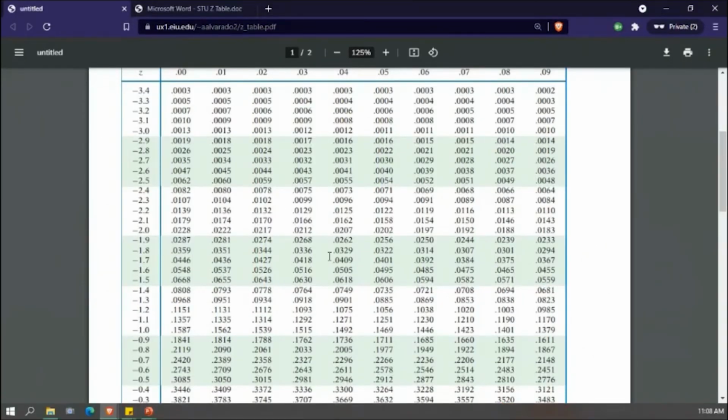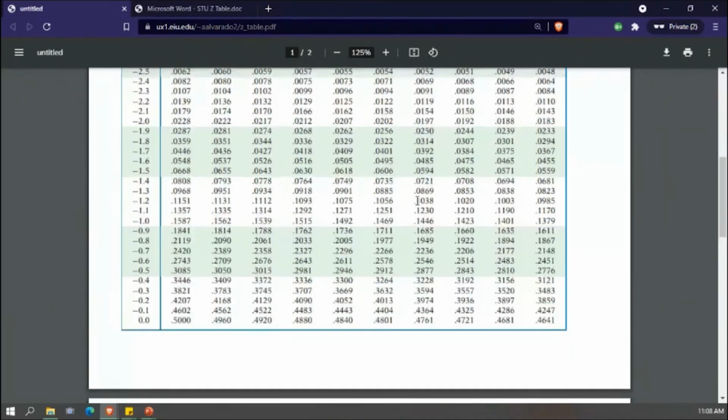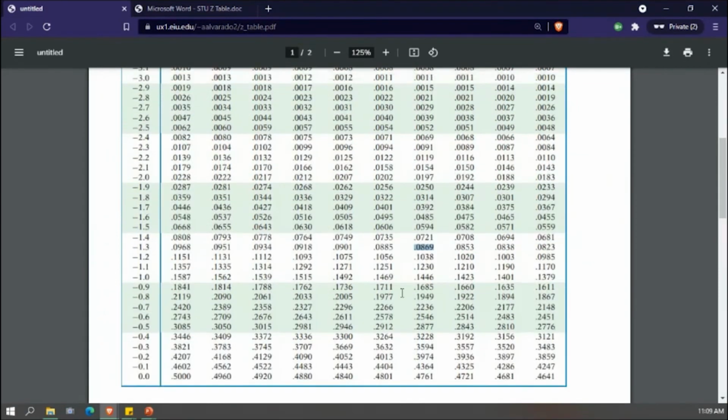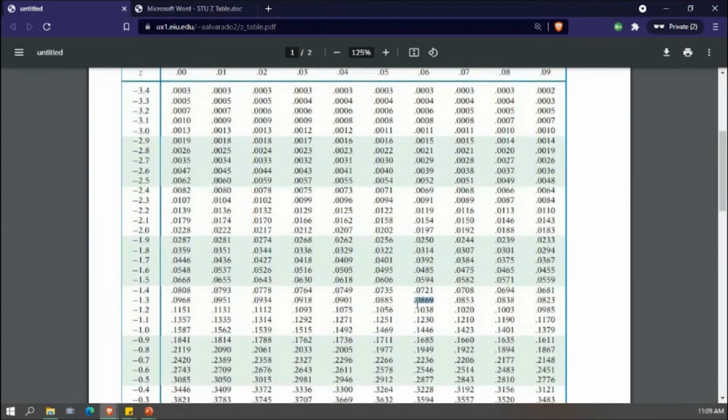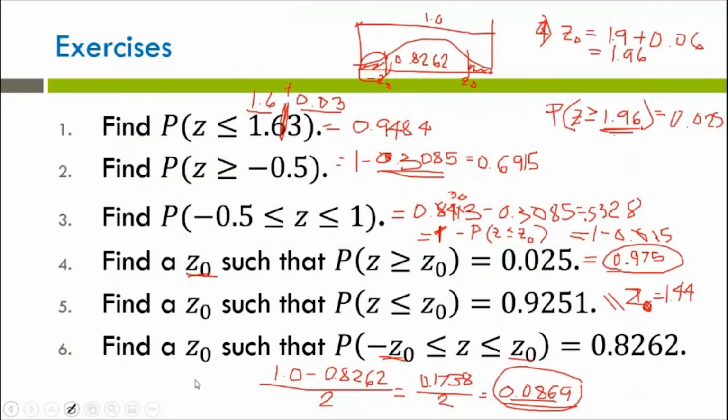Where can we find it? Okay, I'm looking at the wrong area. So 869.8, yeah. Okay, you have found it here. That's negative 1.36. Okay, negative 1.3 plus 0.06 is negative 1.36, which means our negative z sub 0 is equal to negative 1.36. So since we have these two, when converted to their absolute values, our positive z sub 0 is